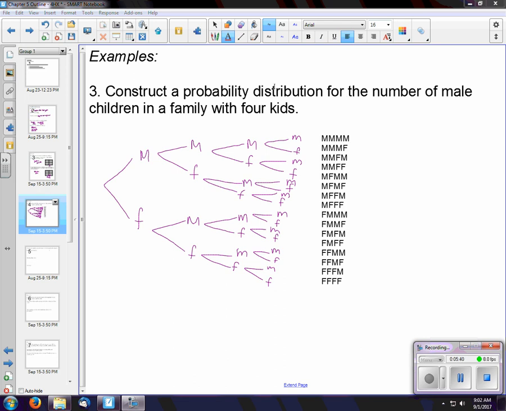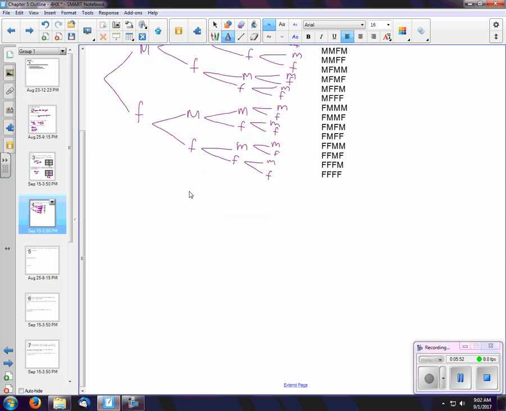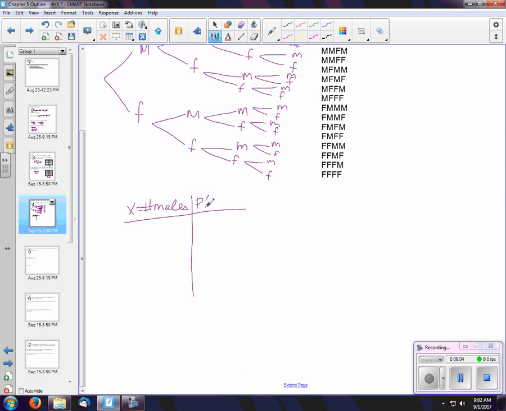So now the question is, if a family has 4 children, how many different ways could there be male children? We could have either 0 male children, or maybe 1, or 2, 3, or at most 4. So all of those are a possibility. So to construct our probability distribution, X is going to equal the number of male children in the family,